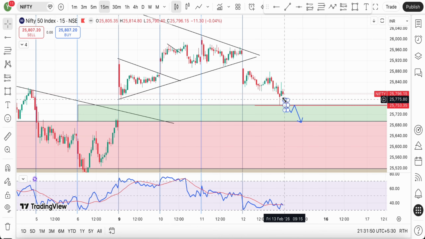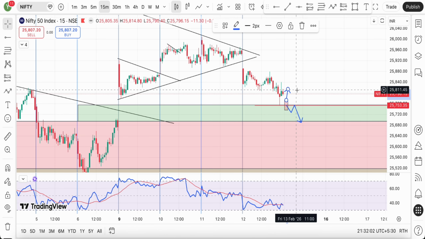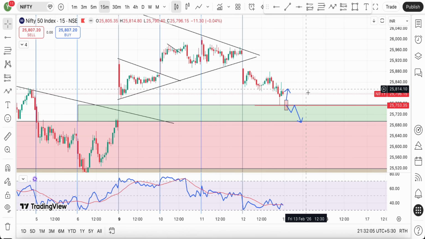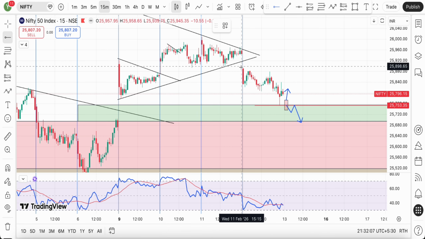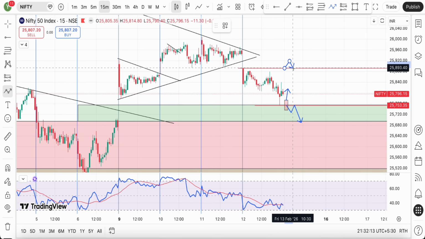If we open flattish to slightly negative and we see a candle which goes back below today's low, as in a bearish candle showing fresh activity from sellers, and then the high of that candle gets taken out, that is where we plan a scalp on the long side. Long trades I will be planning for now only above today's high.